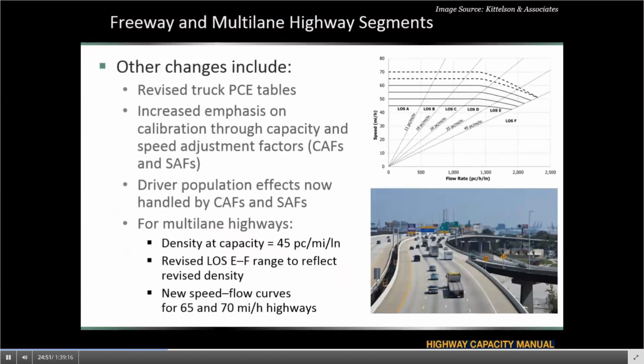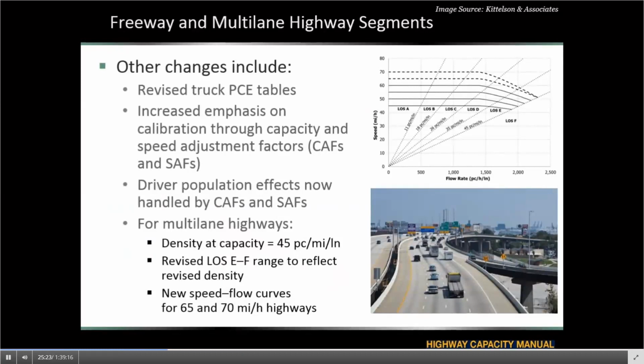This is one of the points that Bastian mentioned: not all the time are we dealing with ideal conditions on freeways, and in order to bring the analysis into non-ideal conditions, we have to have these calibration procedures be transparent and documented in order to be applied. We now have driver population effects handled through capacity and speed adjustment factors. This is another change comparing HCM 2010 to this new one.